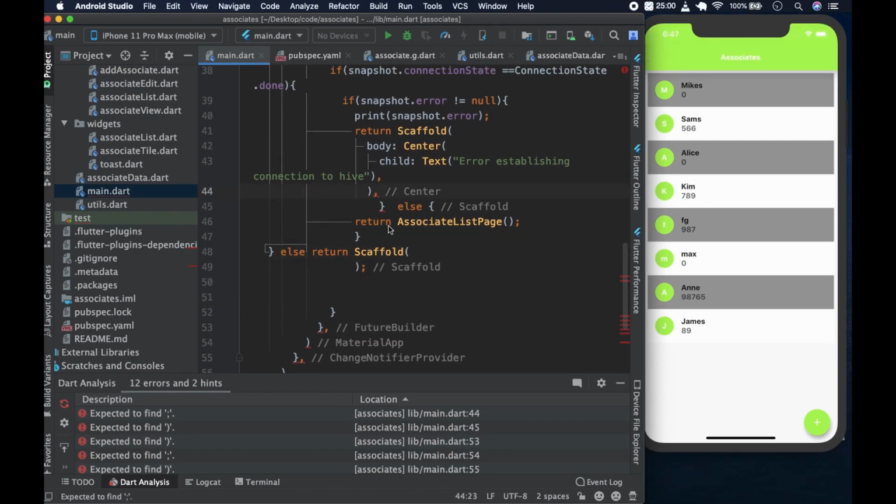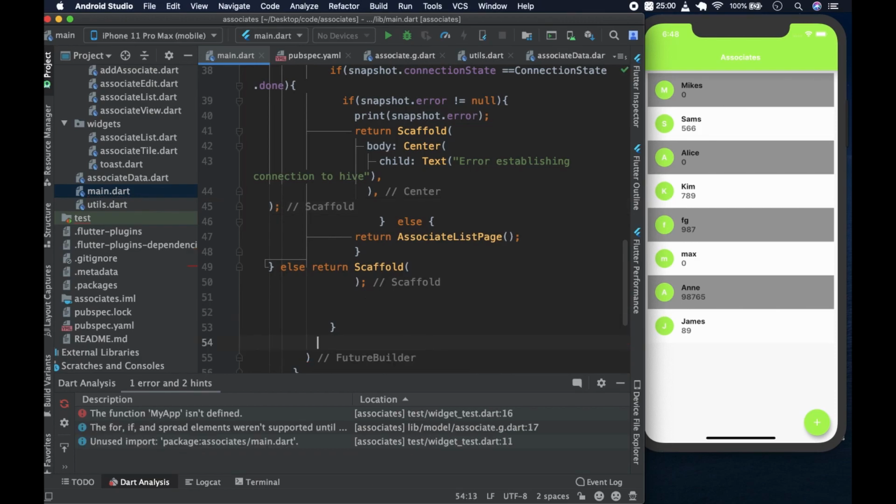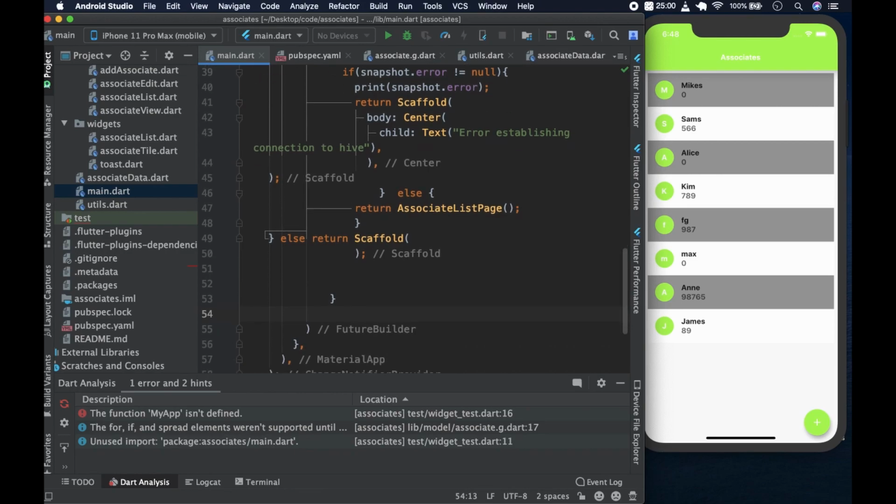First things first, I noticed we haven't put for the scaffold there, like so, and we put a comma, get rid of that, and after that we have the associate list page, and else we return the scaffold. We return the scaffold, then that, and then we delete this, and the future builder, we add